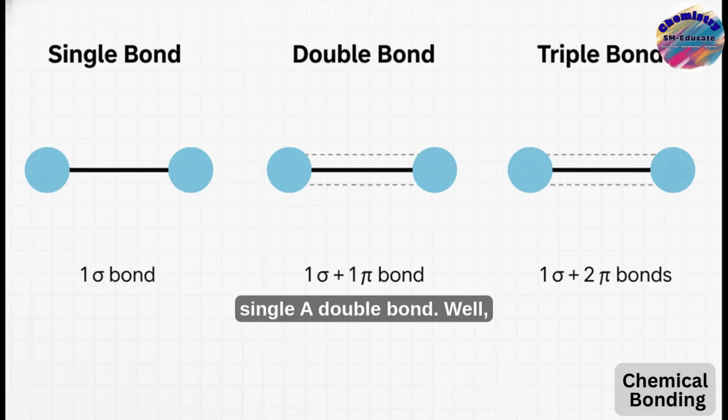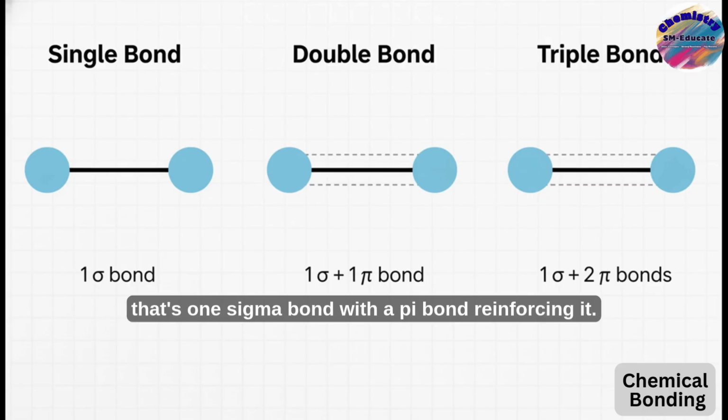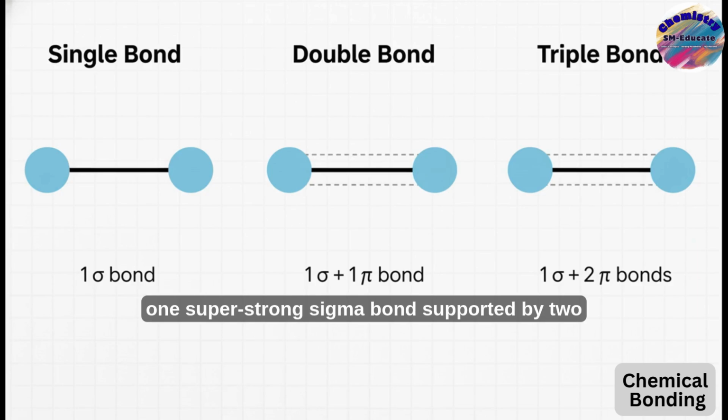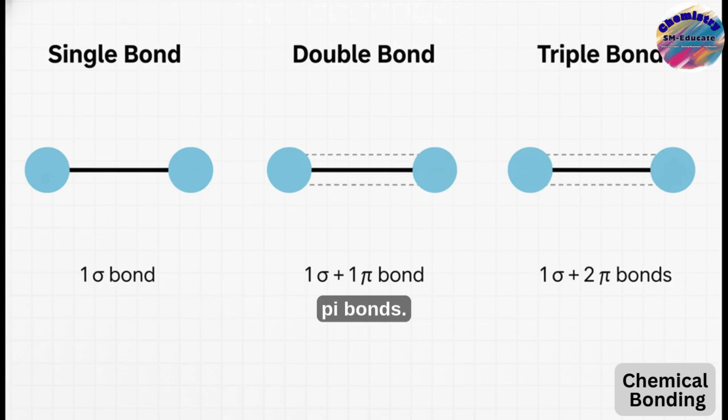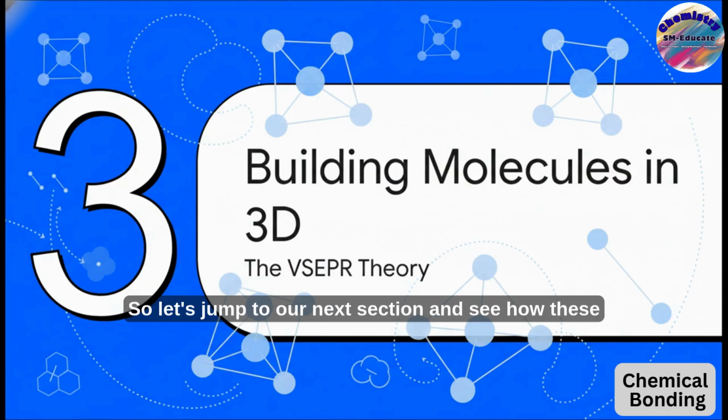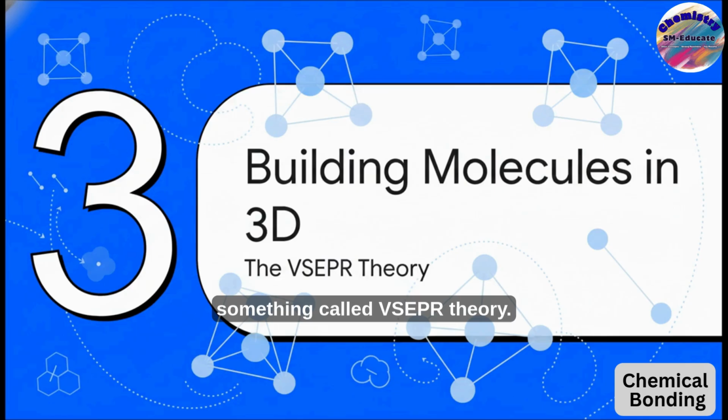A double bond, well, that's one sigma bond with a pi bond reinforcing it. And a triple bond, you guessed it, one super strong sigma bond supported by 2 pi bonds. Okay, so the atoms are connected, but how do they arrange themselves? I mean, a molecule isn't just a flat drawing, right? So let's jump to our next section and see how these bonds build a real 3-dimensional structure using something called